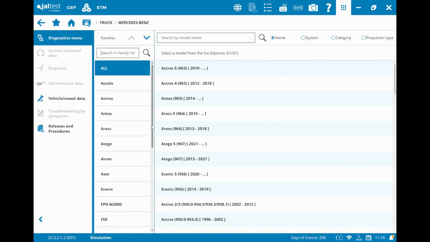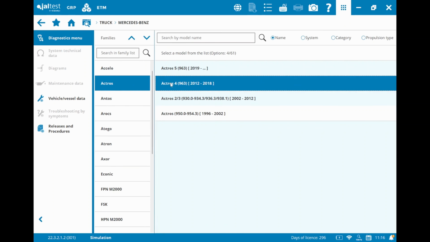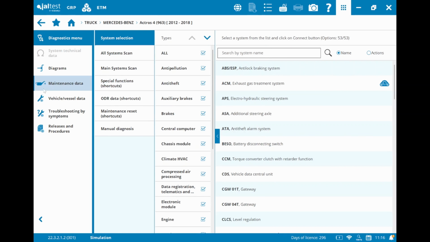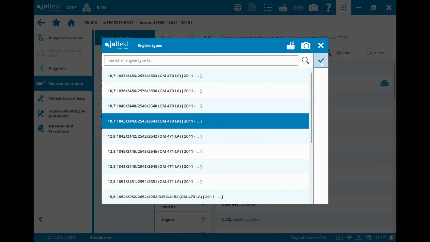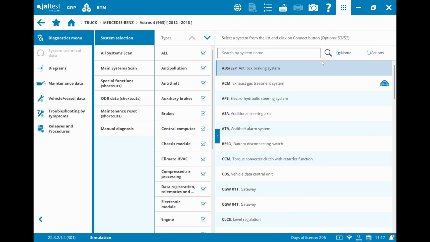You're joking. Yeah. And I suppose the next one would be the service schedule sheets, or whatever you want to call them. Exactly that. Maybe let's go for some Merc or something. Okay. Let's go for something else now, shall we? So let's go for an Actros. There we go. So go one in the middle, shall we? So maintenance data upon Jaltest, and again pick something. What variant of engine you've got? Something in the middle,